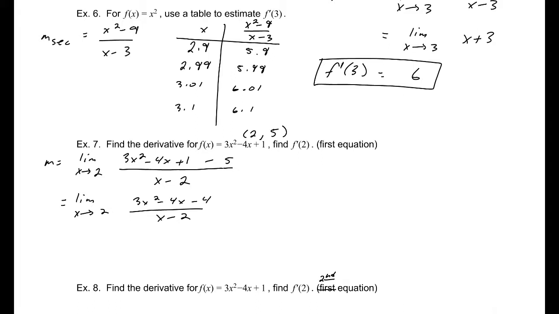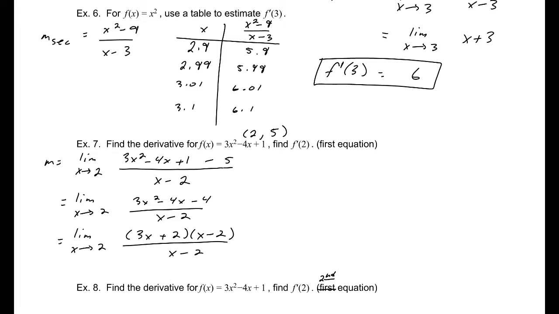That'd be 12, so 2 and 6. Yes, I believe this is going to factor, and I'm going to check that, of course. That is going to be 3x plus 2 times x minus 2. Let's see if that works. 3x squared, that's negative 6x plus 2x. Okay, that factors. So then, canceling those two factors of x minus 2,